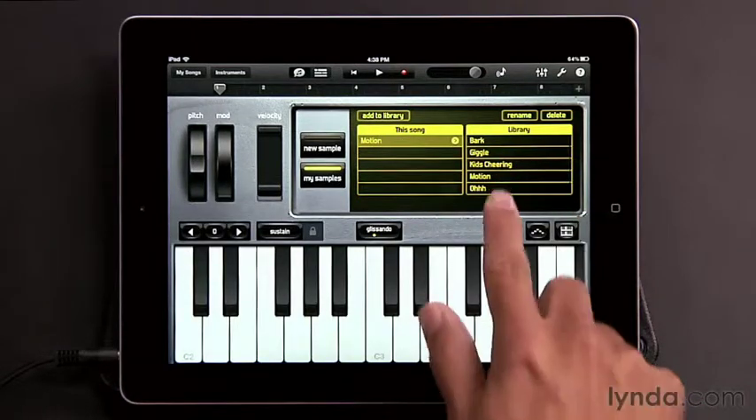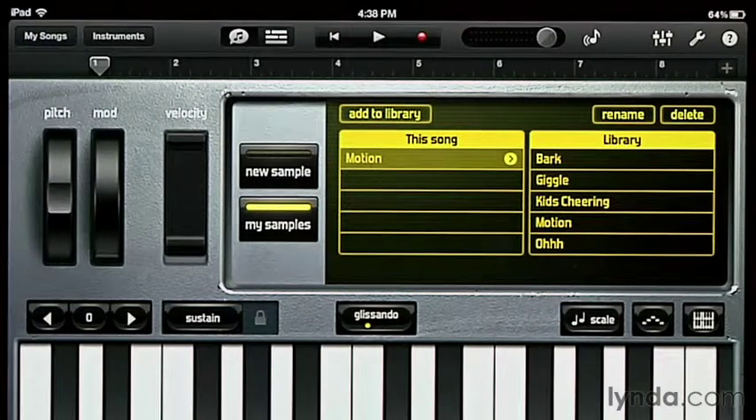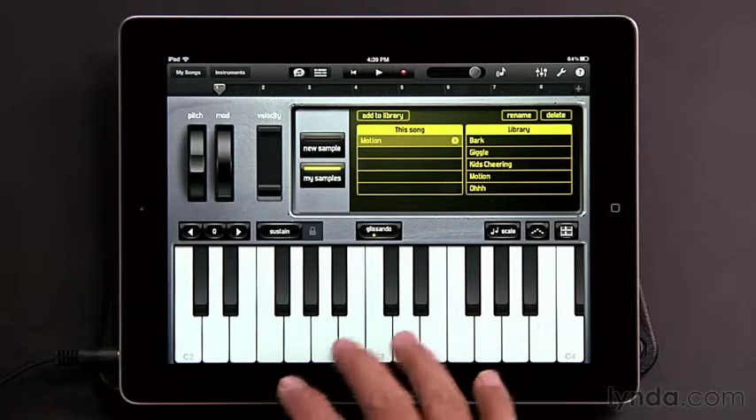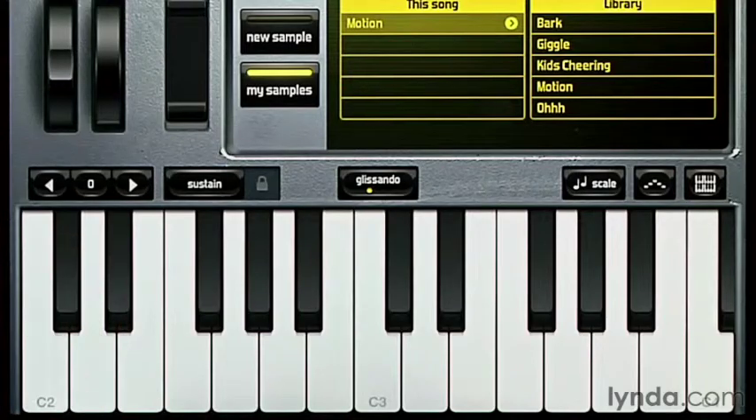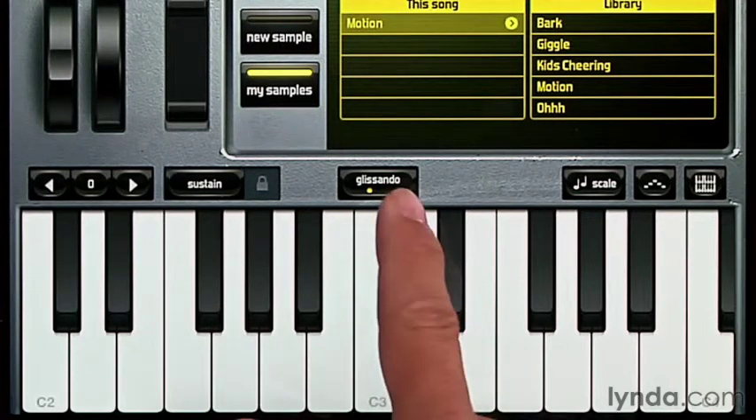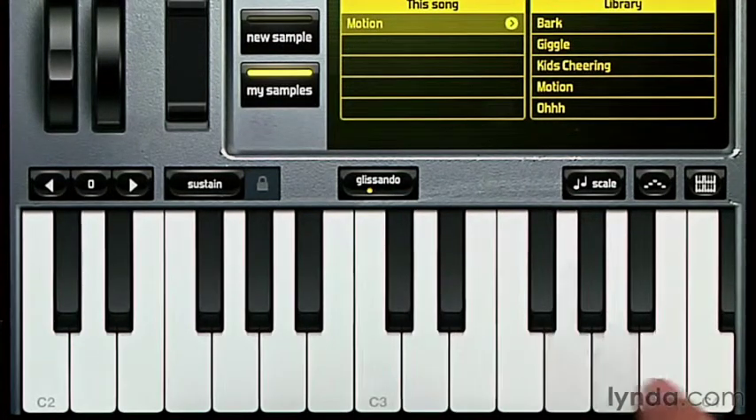Tap Done, and you can see now it's been added to my library, meaning it's now going to be available for all the projects that I use the sampler in. And you've probably noticed I have the same controls that were available when I was working with the keyboard touch instrument. I've got the octave controls, I can turn sustain on and off, I can adjust whether I get glissando,